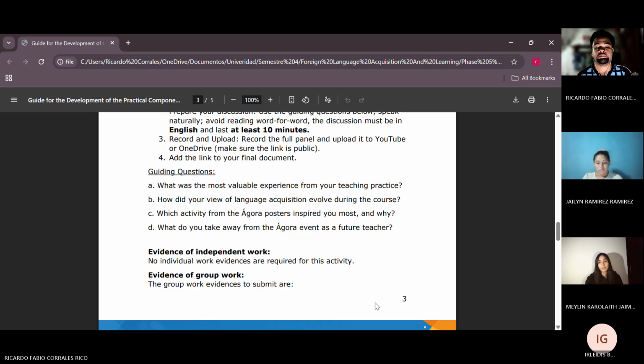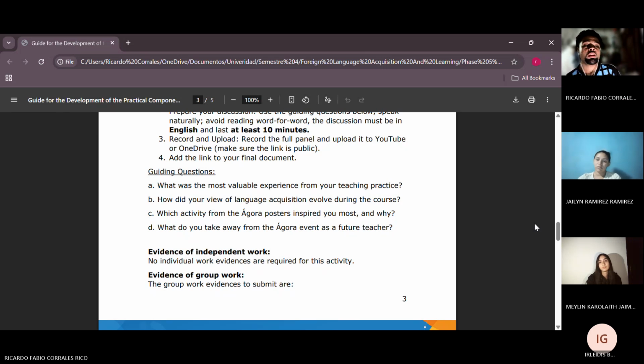The activity that inspired me the most was activity number one, karaoke from group two, because students learn English through music, and karaoke also develops skills such as reading the lyrics while singing, learning new vocabulary, pronunciation, and comprehension through listening. It is also a very motivating method because you have fun and learn at the same time.